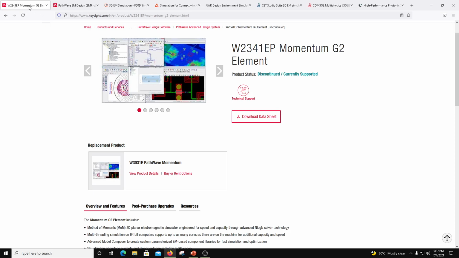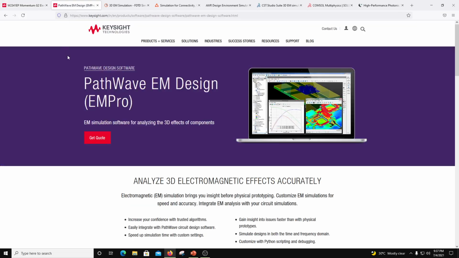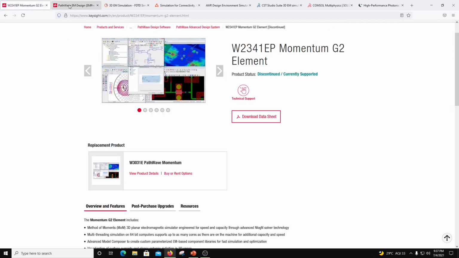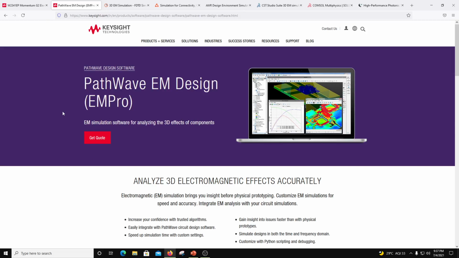ADS. So we are going to see how to use ADS, how to set up a simulation in ADS with one example, and then we will see how to export this to EMPro from ADS, right? So you can do a validation between the two tools. Okay, now